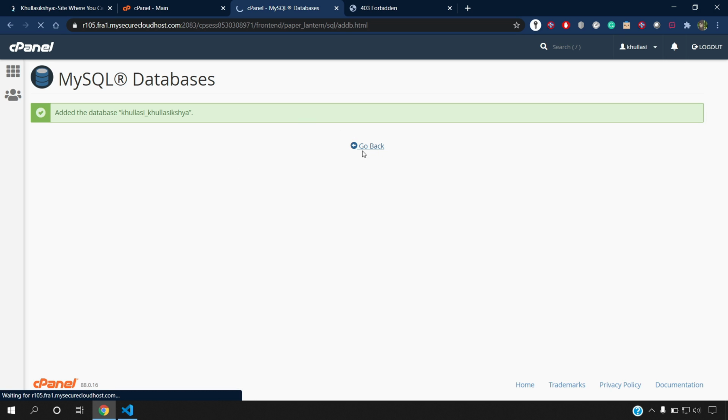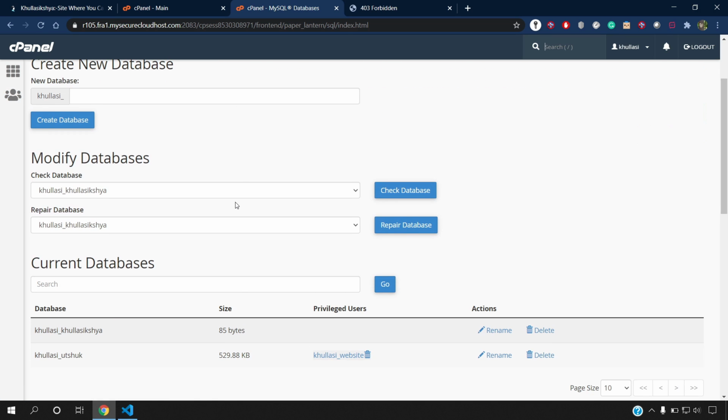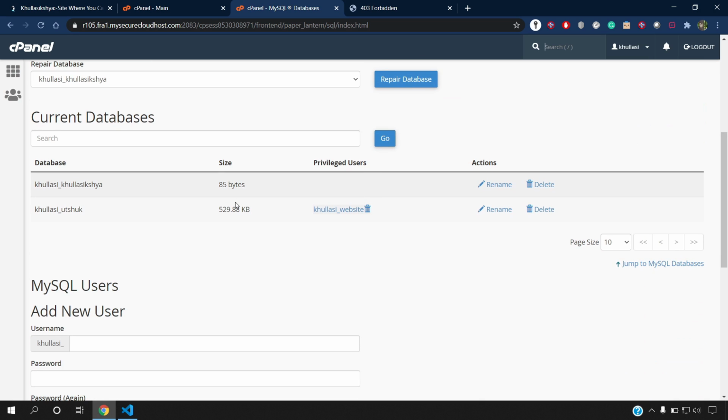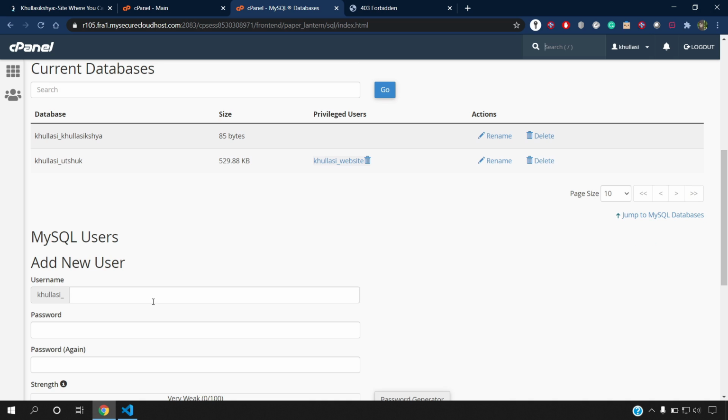Let's go back, and now we need to add the user. In order to add the user, you need to create a user at first. Let's say I'll make a user as khulasi_khula. Give the password for your database. You need to remember this database password because we have to configure it in our settings.py as well.